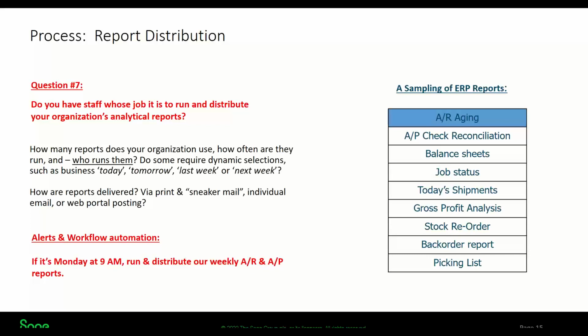Let's not deliver the haystack, if you will. Let's just deliver the needles of each report. What's important to finance, what's important to shipping, what's important to the warehouse people. They don't need to see the whole report, they just need the small components of it that affect what they're doing. We can take that information and then send it out to them on a granular basis so that you're getting what you need to react to. So not only are we saving from someone delivering those reports, we're delivering the reports with more meaningful data. So there's all types of different reports that you're generating, and not necessarily just inbound, but outbound